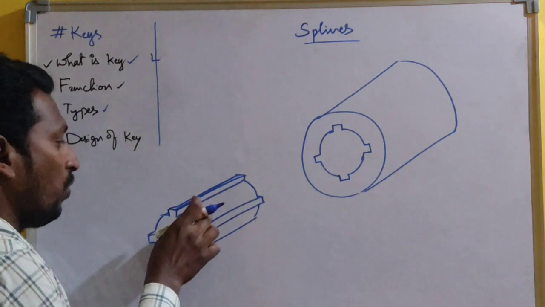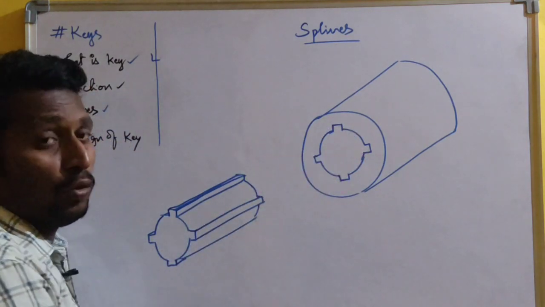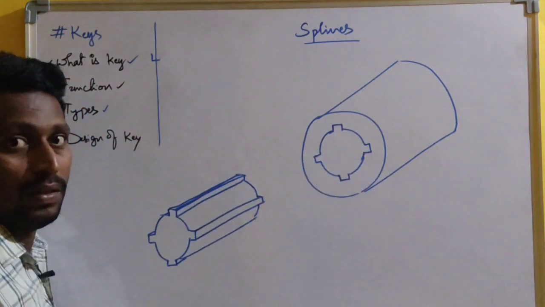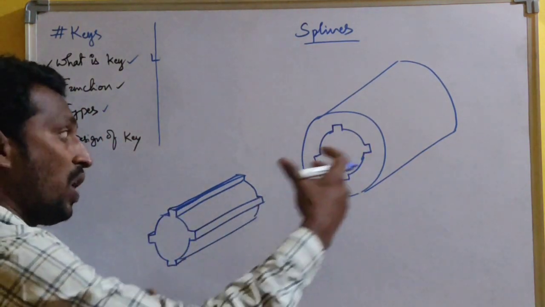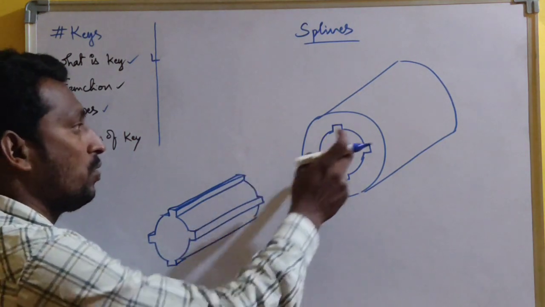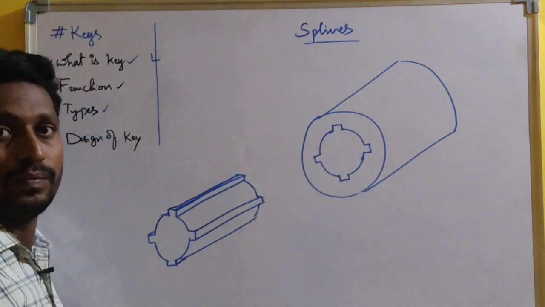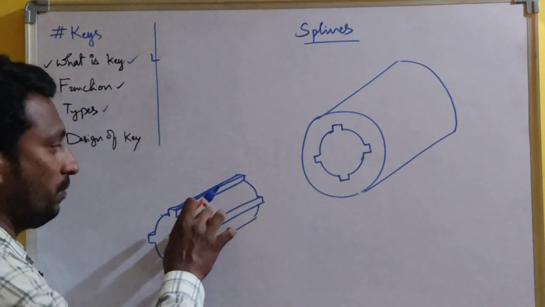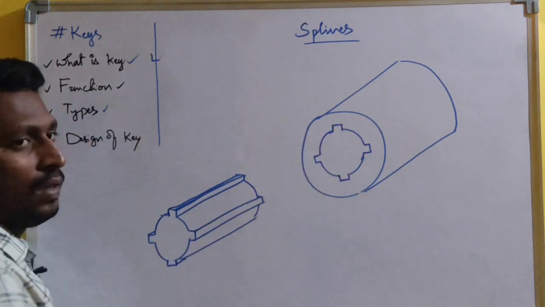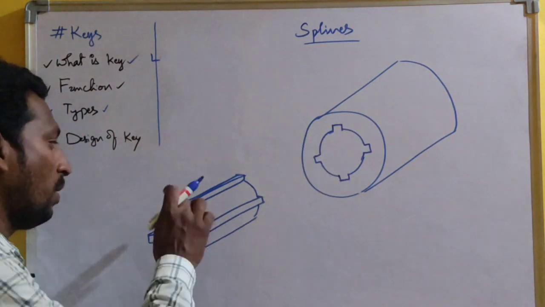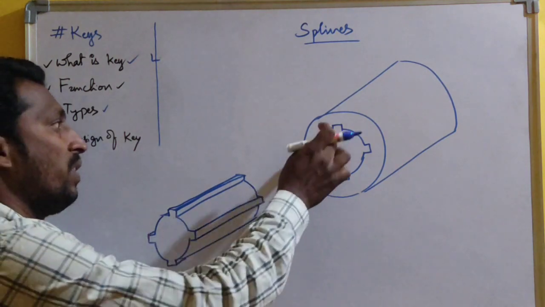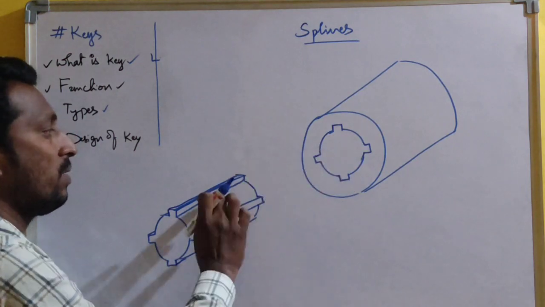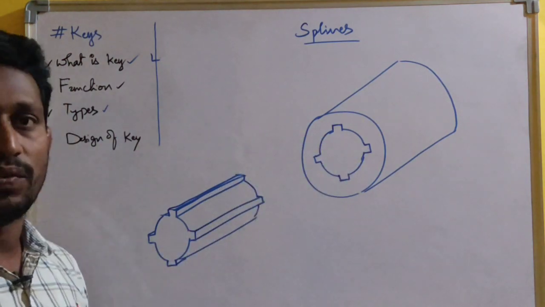Now when we insert this into this hollow tube, by matching this geometry with the outer surface of the solid shaft, the joint will be made between the solid shaft and the hollow shaft, so that we can transmit the power. This shaft is inserted into this hollow tube. These four keys will be matched with these rectangular slots, so that the joint will be made between this solid shaft and the hollow shaft.